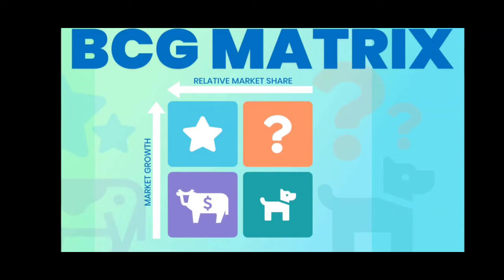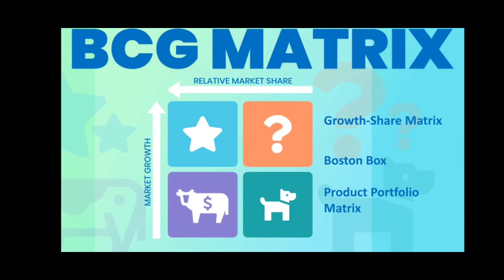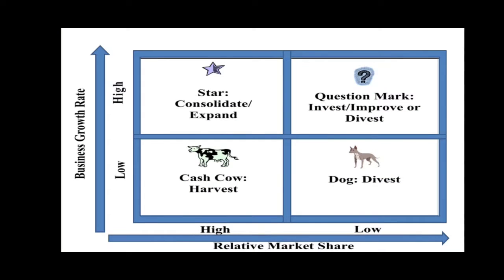BCG matrix. BCG stands for Boston Consulting Group. You can also call it Growth Share Matrix, Boston Box, or Product Portfolio Matrix. BCG matrix is a 2 by 2 matrix which depends on two factors, which you can see on the X and Y axis. On the X axis, we have relative market share, and on the Y axis, we have business